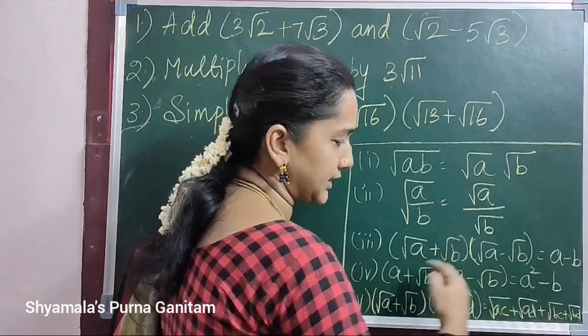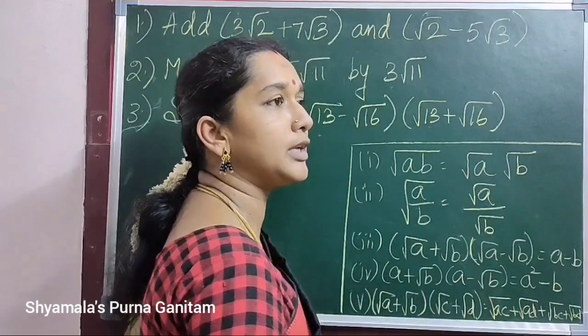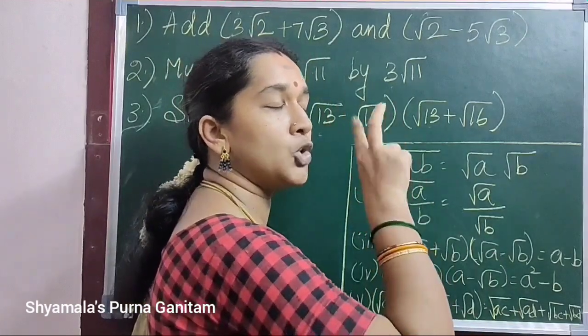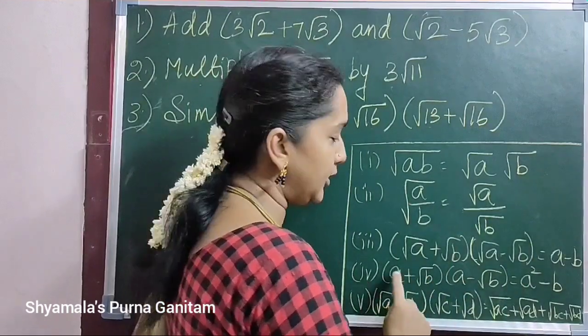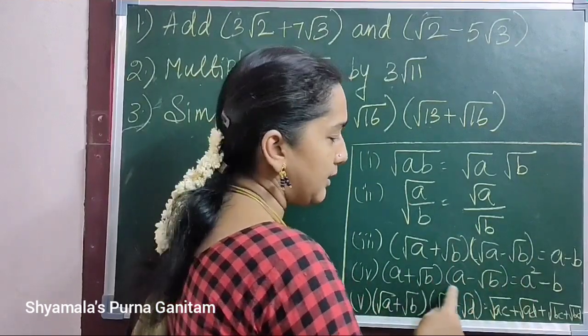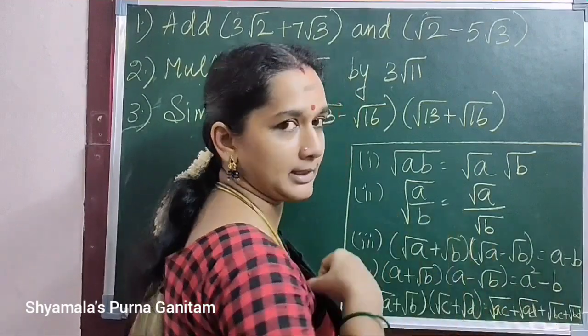Unlike signs are there, minus. When you simplify this, like monomials, algebra in monomial multiplication, how will you do? You will do the same thing. So a into a squared minus b. Root b is there. So you will get minus b.